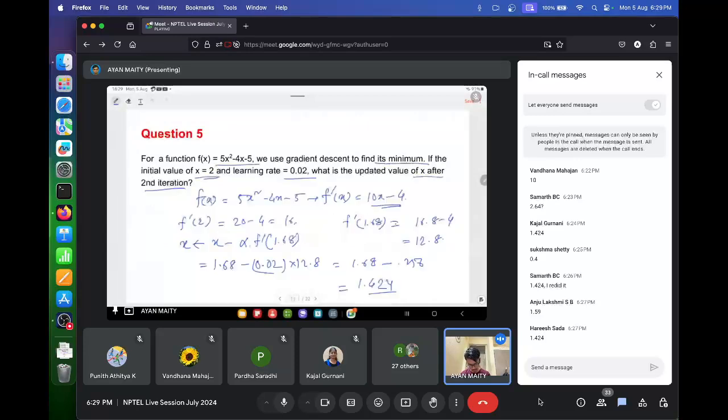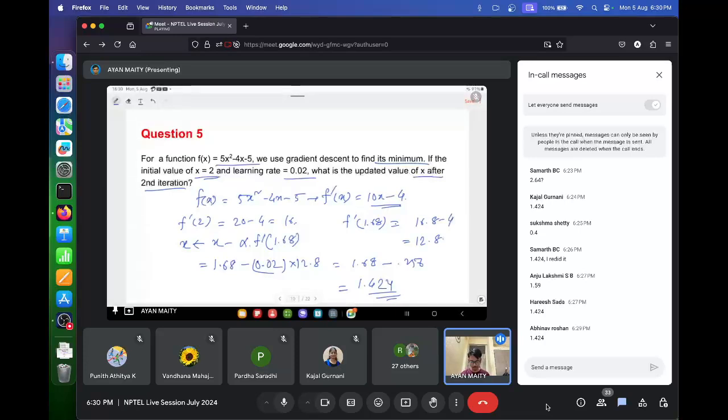Yes, so 1.424. Many of you have written the correct answer. Harish also says 1.424. Samarth said 1.424. Kajal said 1.424. Yeah, so this is how you have to calculate this